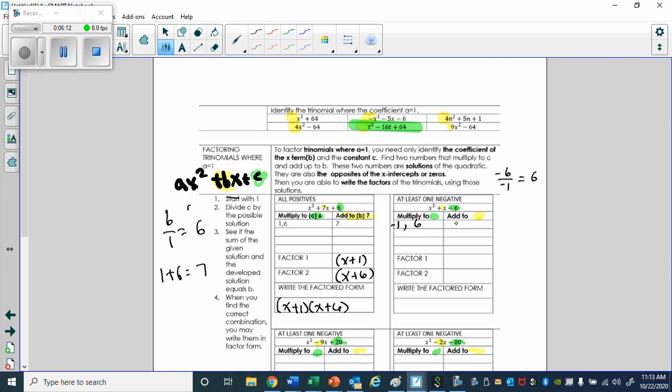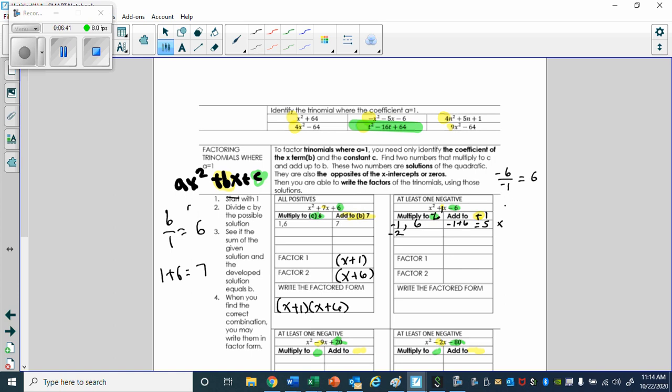Negative 1 plus 6 is, oh, let me write this in here. Got multiplies to negative 6, adds up to, put a 1 in front, positive 1. Negative 6, positive 6 plus negative 1 is equal to 5. So this isn't it. So I go to the next number that could divide negative 6, and I choose negative